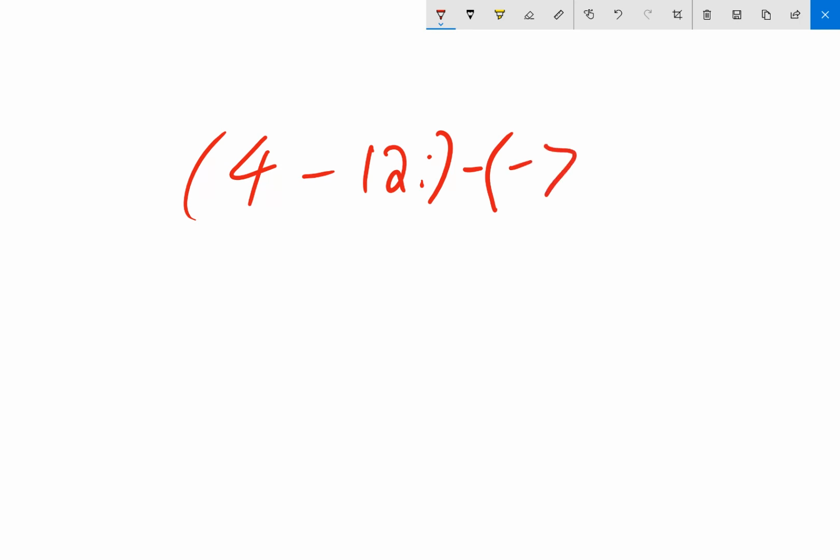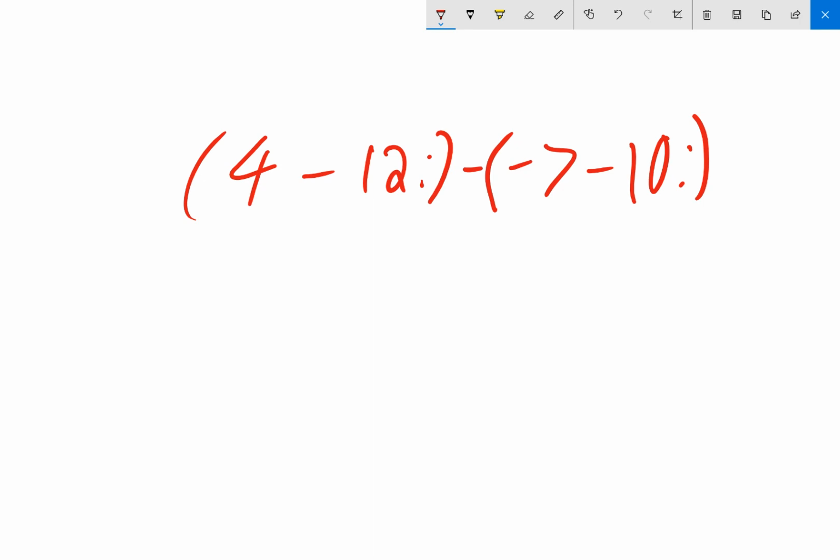Number 4 is just a matter of combining like terms. So let me make an example that's similar to it. Let's say I've got 4 minus 12i minus, and I'm going to keep the negatives exactly like the one in your problem, negative 7 minus 10i. So this is just combining like terms, but you do have to be very careful with all these minus